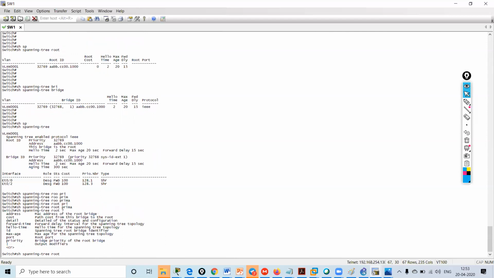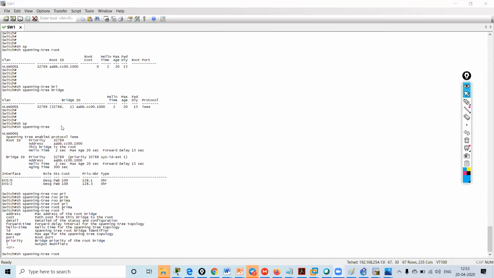Show spanning tree root primary. There is no such command. No, Arun, there is no such command available. Why is it not giving me the output?